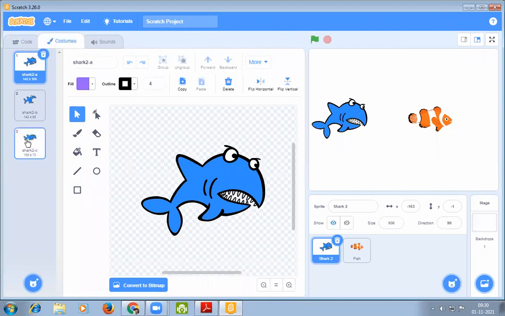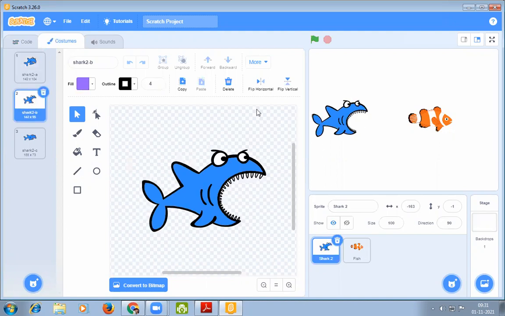There are two predefined costumes which are already present in the shark sprite area. You can just click on it. You can clearly see that the temper of the shark goes very different. The looks of the shark changed. We can also edit here.